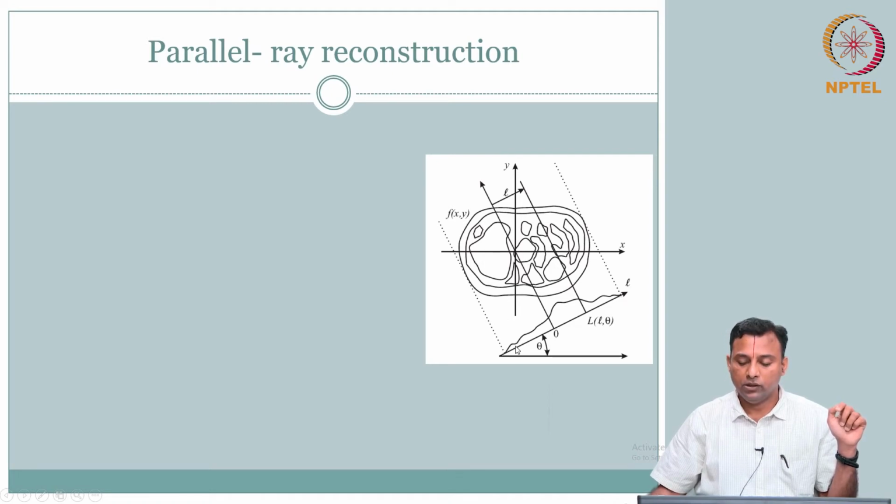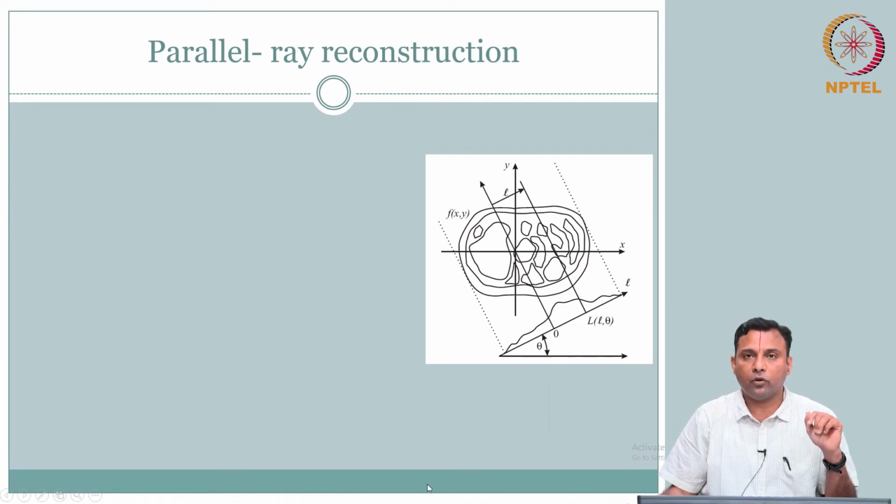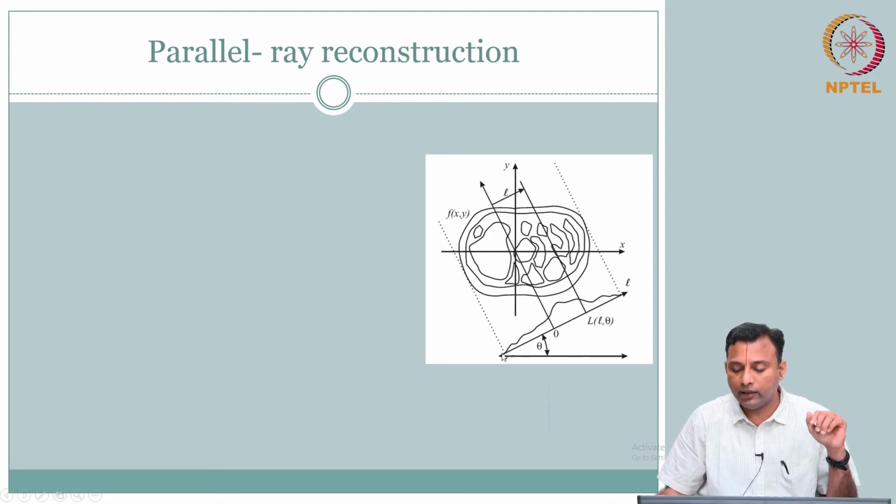Okay. So just to get our coordinate system and the representation of this correct mathematically, we will recall we wrote the 2D line. This is your line which has a length L, so that is one axis, and it is oriented at some angle, that is theta. So this line is nothing but L of l comma theta. What is this line? This line is nothing but a projection of this object f of x comma y, where this L is along the line.